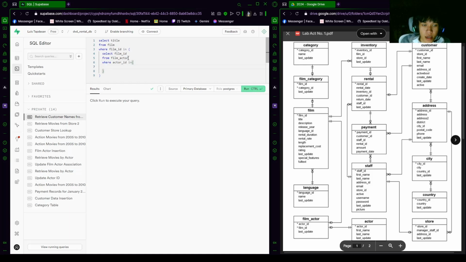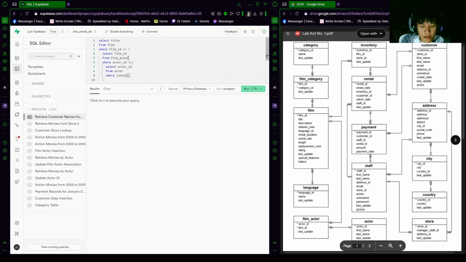So we're going to be using select actor ID from actor. And then after that, where